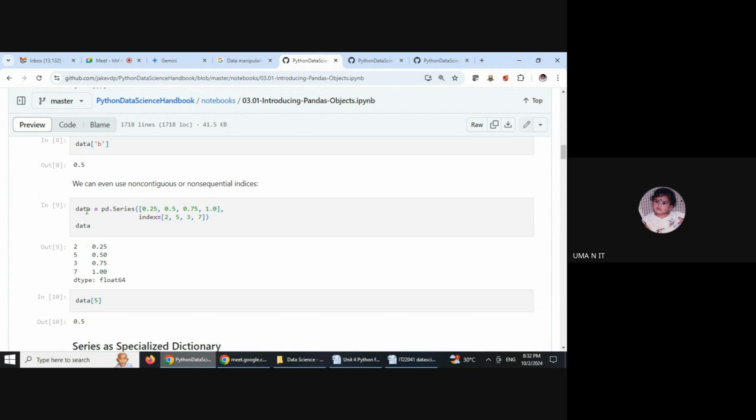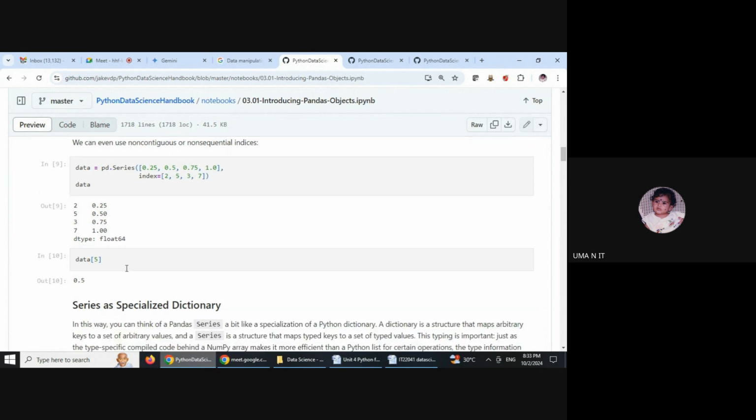So for this series, we have some set of data and the index values 2, 5, 3, 7. As per the order which we fix with your index will be the values of your pandas Series. So 2 is your first row, 5 is your second element, 3 is your third element, and 7 is your fourth element. And if we retrieve with your index value, that value will be retrieved.